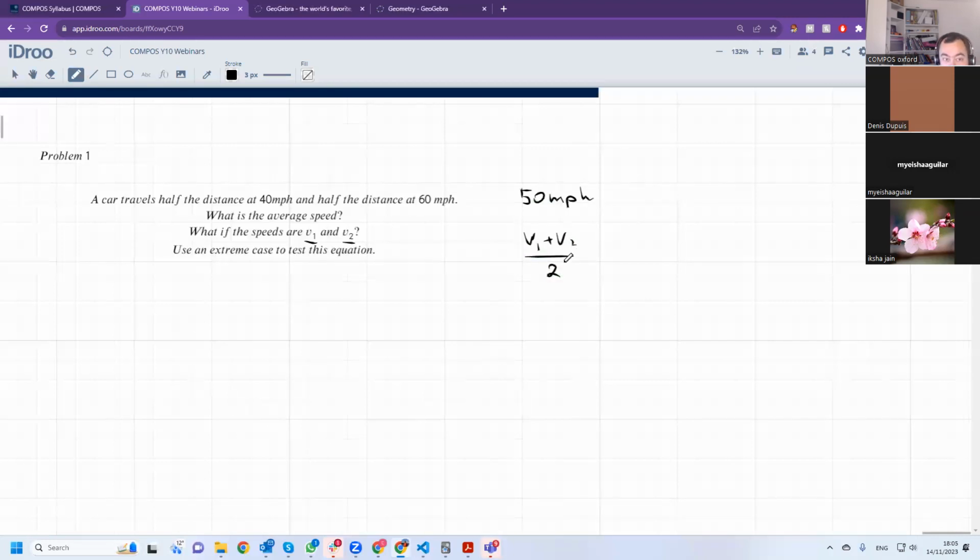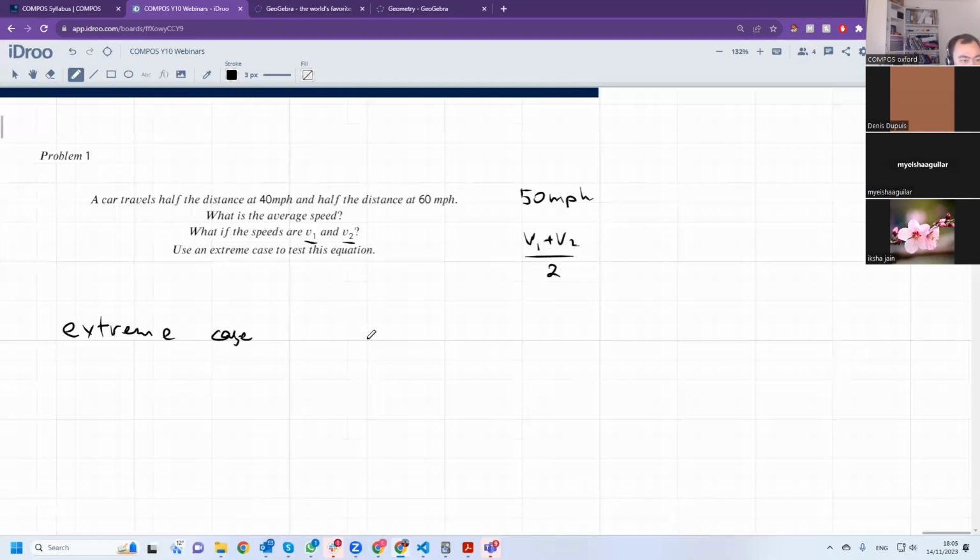This is the proposed formula for the speeds. Use an extreme case to test this equation. In physics we often do extreme cases, and I think I've spoken about extreme cases a couple of weeks ago. So an extreme case in this situation would be